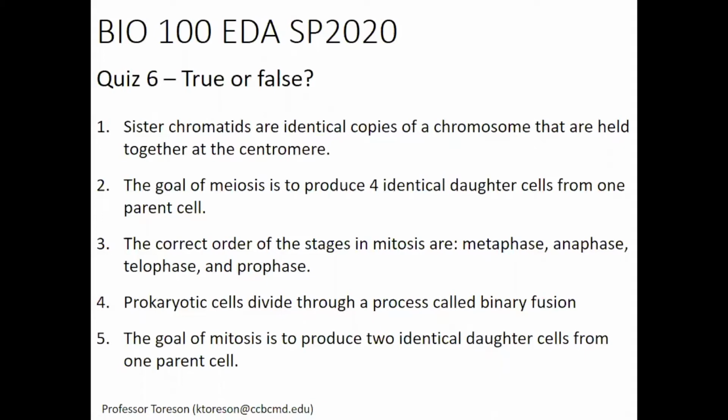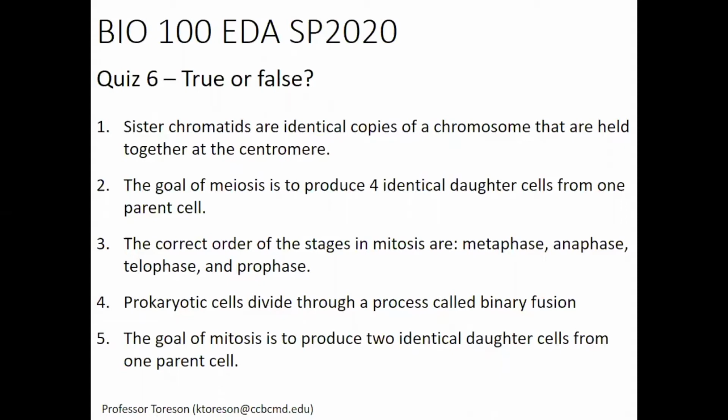Number 2, the goal of meiosis is to produce 4 identical daughter cells from one parent cell. This is false. While meiosis does produce 4 daughter cells from one parent cell, the key here is that those 4 daughter cells are not identical. The 4 daughter cells are different from each other, and they are different from the original parent cell. This is due to independent assortment, as well as factors like crossing over, which can also increase the genetic diversity